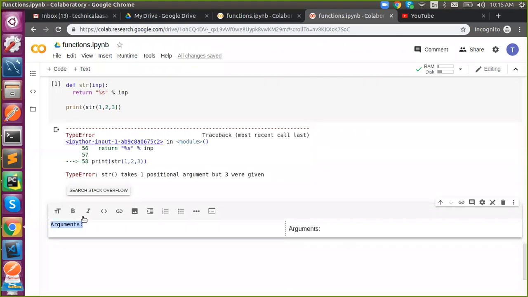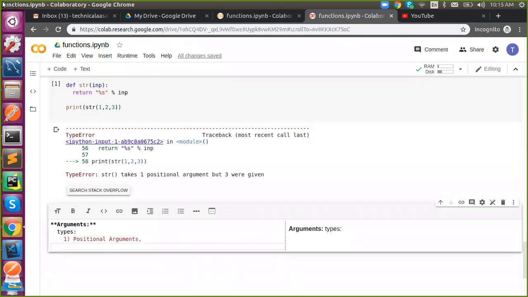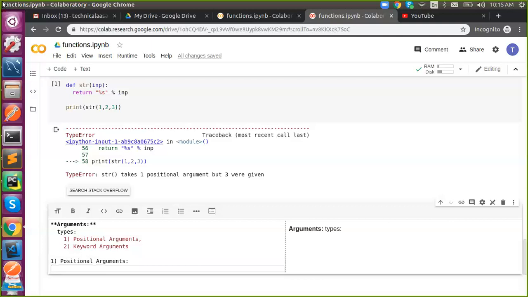We all know what an argument is. So what is positional? What is keyword?